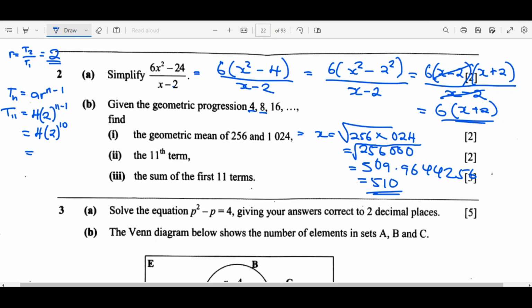What is the answer? So 2 to the power 10. Okay, 2 to the power 10. Then we're going to have 1024. So this should be in brackets, and then you multiply